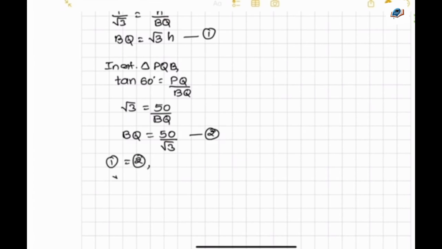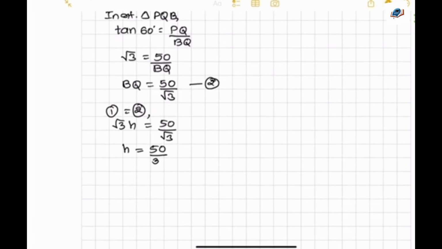Now 1 equal to 2 because both left hand sides are BQ, BQ. So I can say root 3h equal to 50 upon root 3. So h will be equal to 50 by 3. Root 3 into root 3, 3. So if I solve it in the integer,